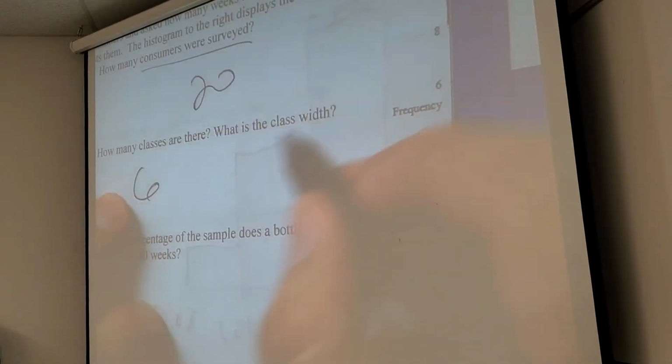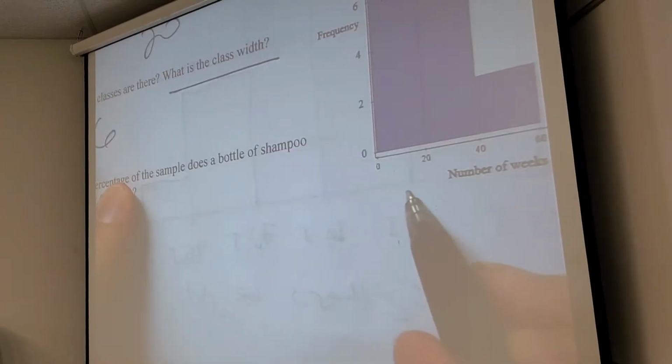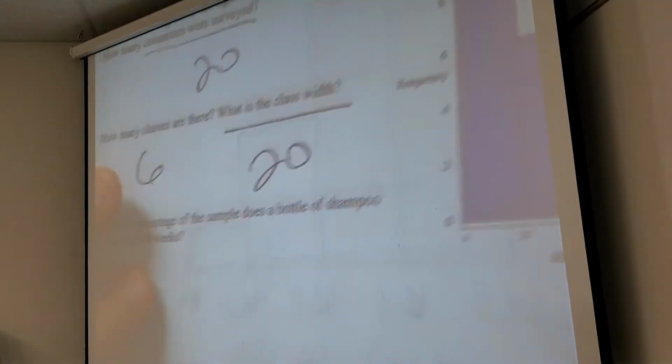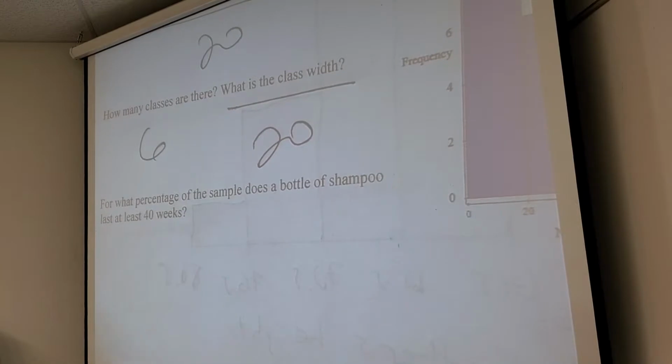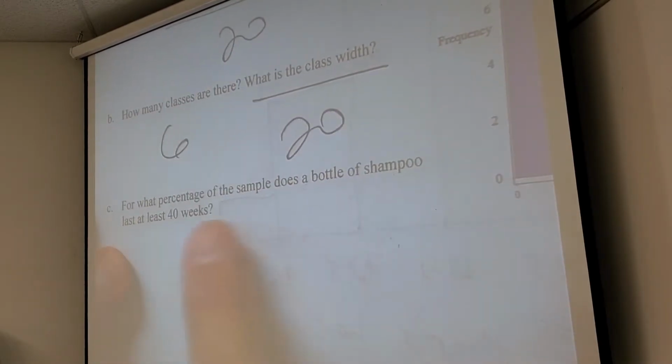And then class width, you can just see it. 20 weeks. 20. I like it. You can even put units on there, but that's all right. Don't. And then this one makes me sad sometimes because,